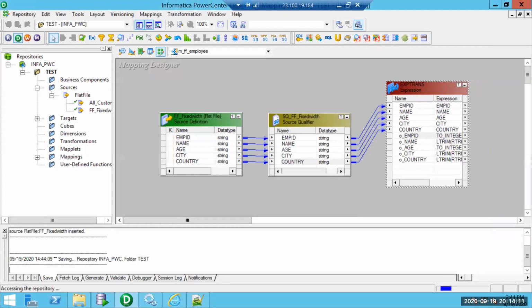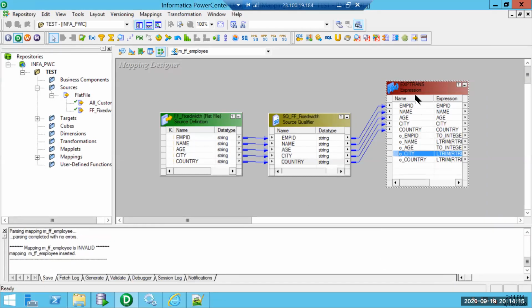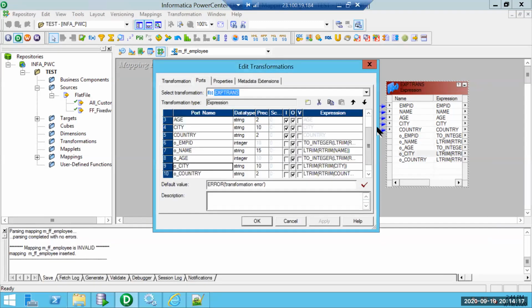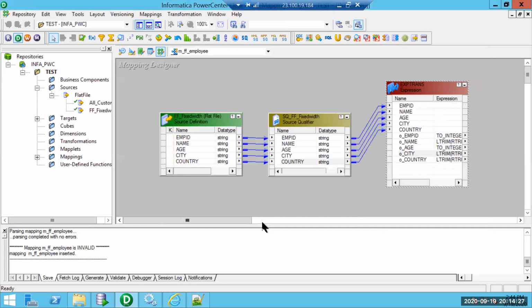So I am saving. One more important thing is, in the expression, the input ports we are not using, we can disable the output ports because these are not being used. I have disabled. That is a clean practice so that we will not be confused, as we may have both input and output ports, like in this case employee ID.